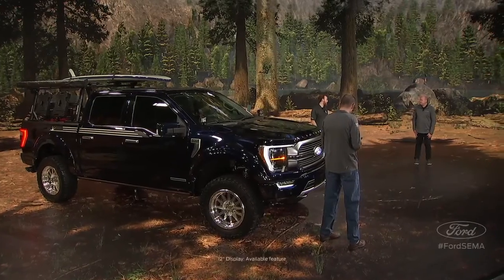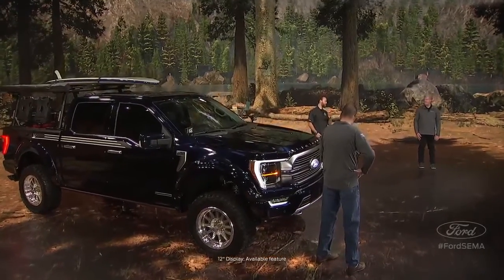And we are offering now a camera on the back of the cab that you can look down into the box, and it's good for fifth wheel and gooseneck hitching. So yeah, we've got great cameras. Plus, you can add a trailer camera as well, and that's integrated into the system. So great cameras on the vehicle. And the other thing with that, I mean, the 12-inch display that you have to view it all through is